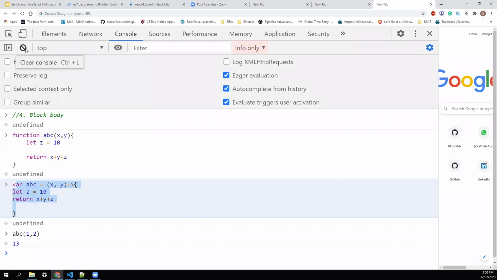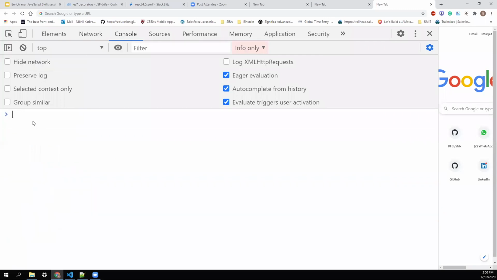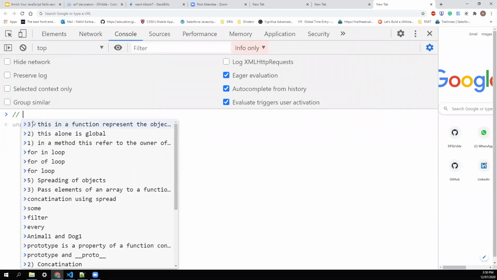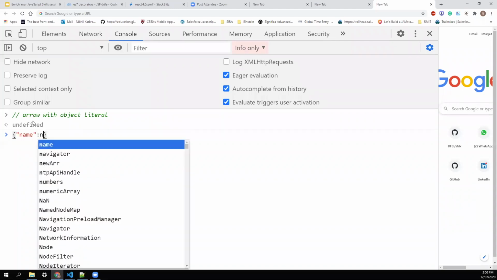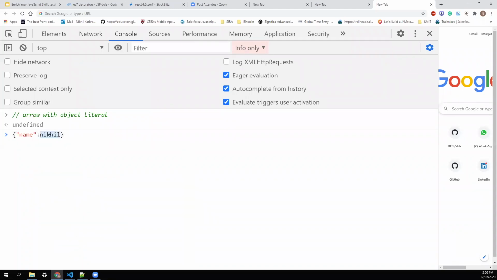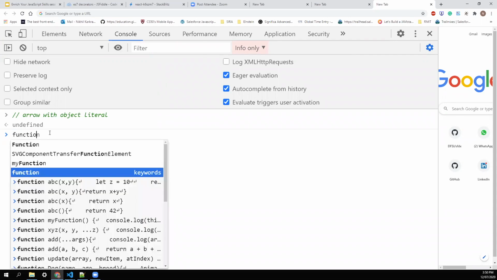The other confusing thing that comes in exam is arrow with object literals. Now I have an object called name, and here I'll create first function for better understanding.